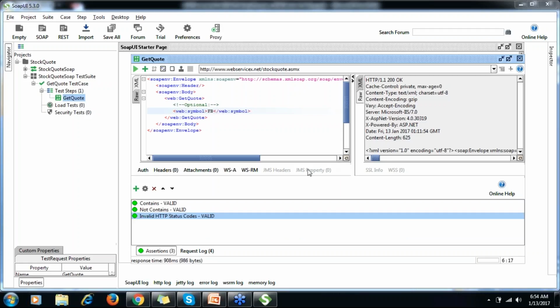There is one question, let me take this. When we are adding an assertion, can we add multiple scenarios in one assertion? It depends on you, how you want to verify.